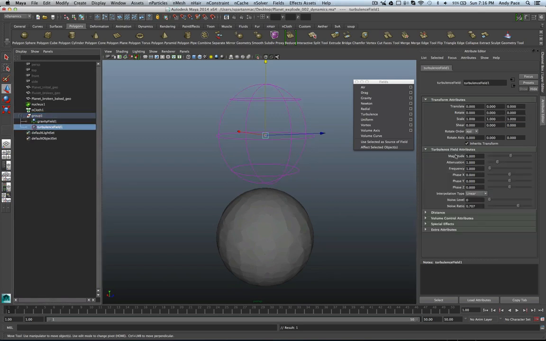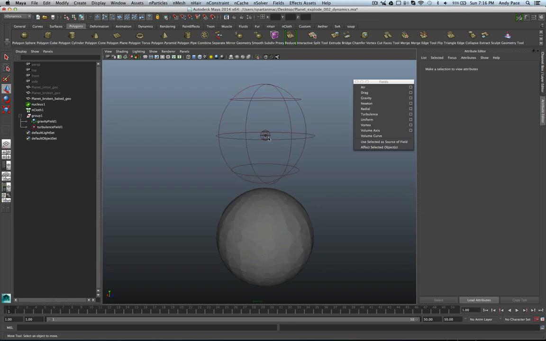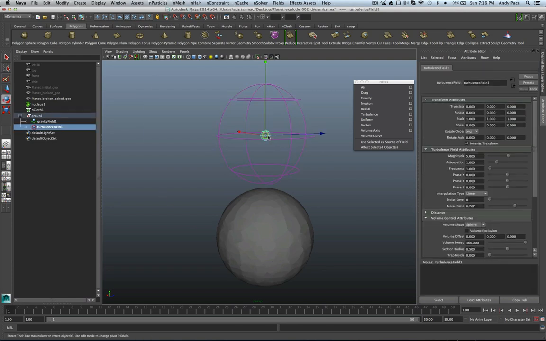So I'm going to select this turbulence field, and again, like the gravity, I don't want it to immediately start acting on the force, so I'm going to go to volume control attributes and select the sphere again, and I'm going to scale it up just like I did with the gravity, but probably a little bigger because I want there to be more chaos before everything starts moving,